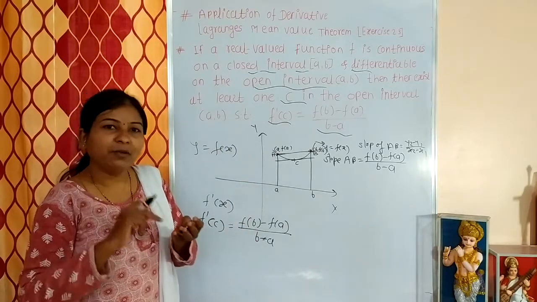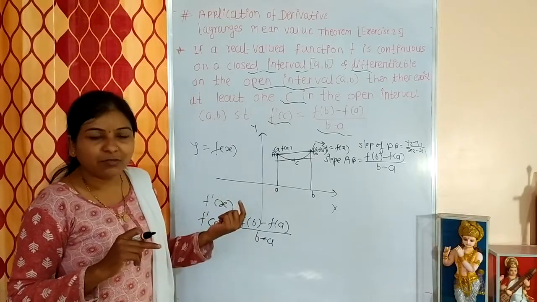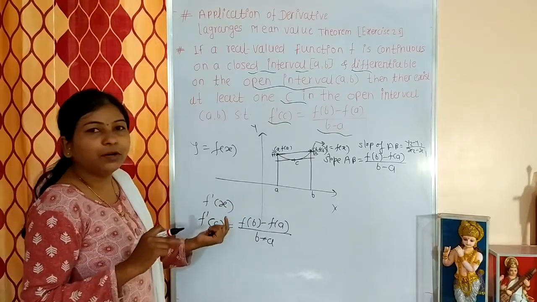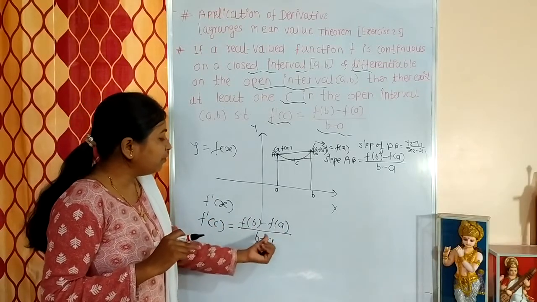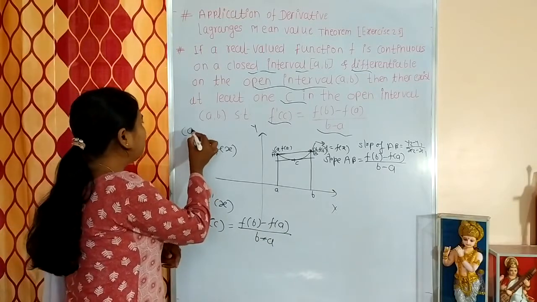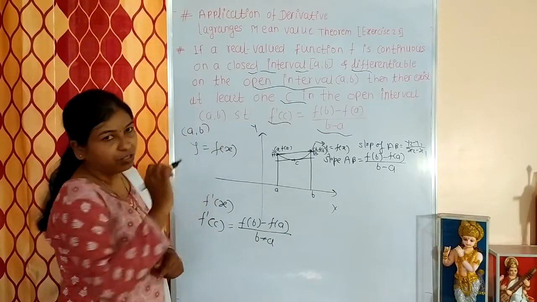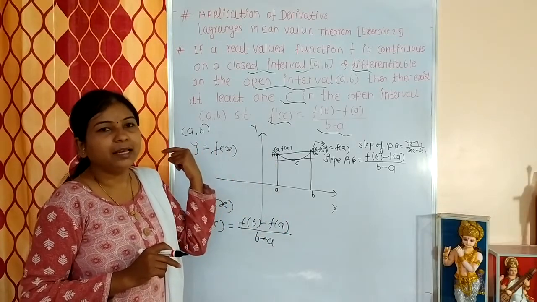At the time of the example, what you have to find is the verification of Lagrange's mean value theorem. That means we have to find the point c such that f dash of c is equal to f of b minus f of a divided by b minus a, and this c belongs to the open interval, it should lie between a and b. Okay, to understand this concept well, let us see some examples from the exercise